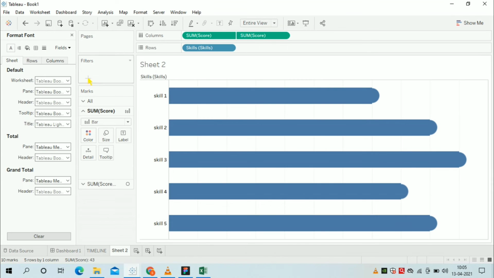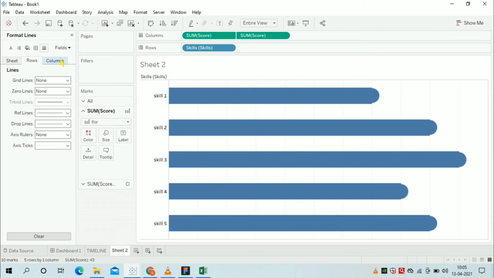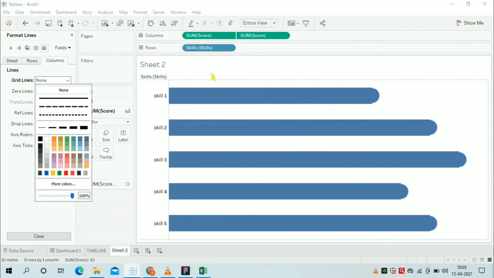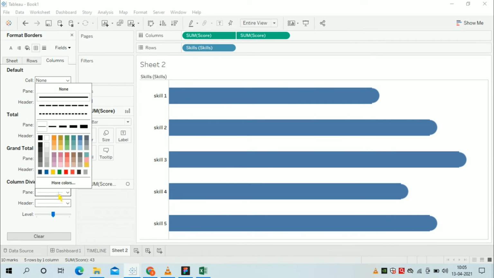Now we'll need to remove all the lines that are present in our worksheet. So for that, remove all the grid lines, axis rulers, column dividers, row dividers, everything you have to remove it.